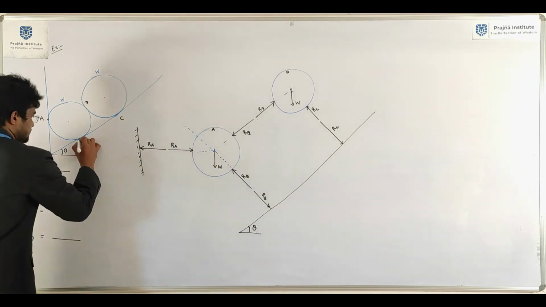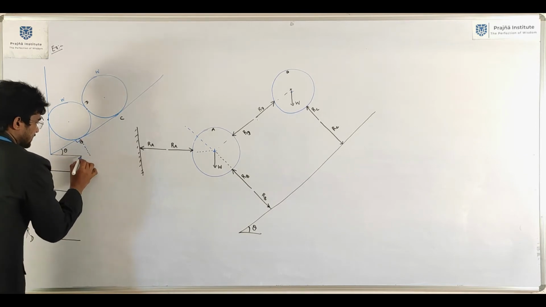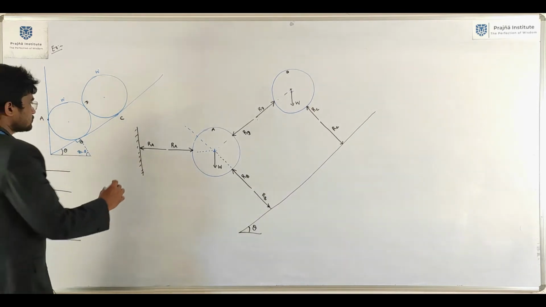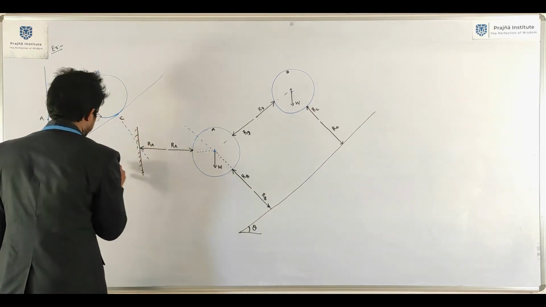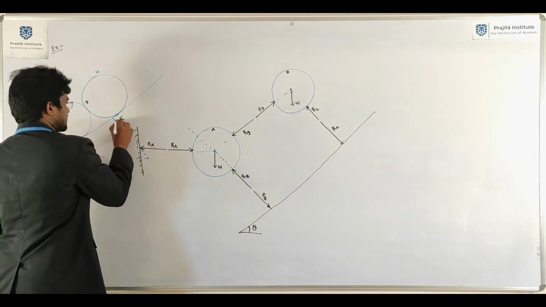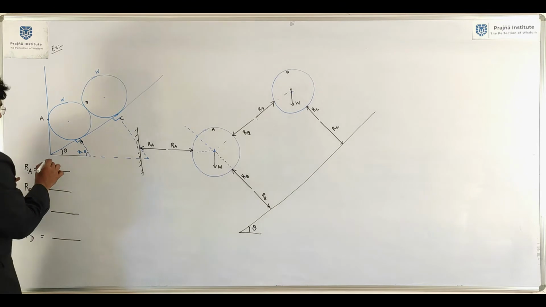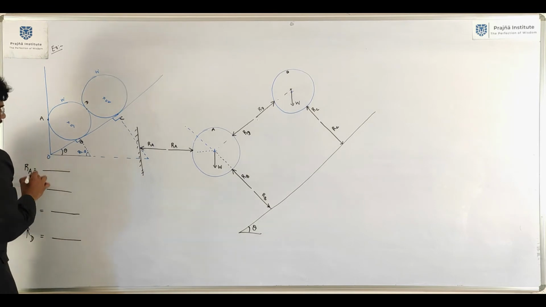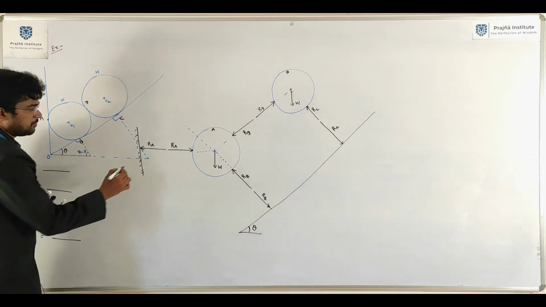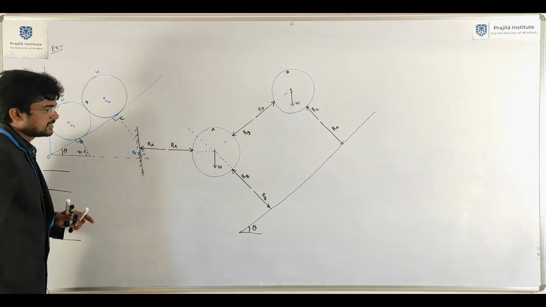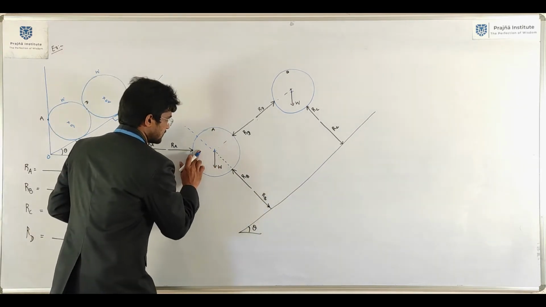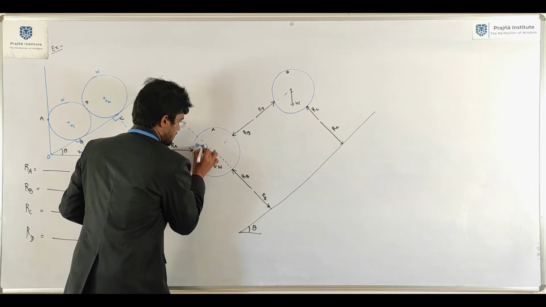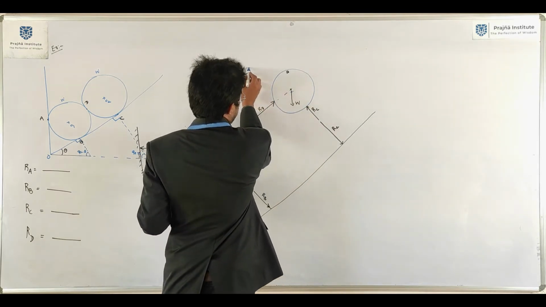Here it is acting now. Of course, it is 90. Then it will be 90 minus theta. Correct na? It is also like this. So if it is 90 from this triangle, you can take O1, O2, this may be O. If it is 90, it will be 90 minus theta. Okay? It's very simple. From here to here it will be 90 minus theta. C also like that only.